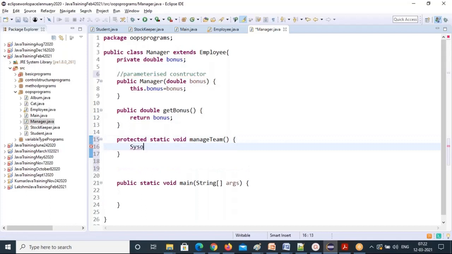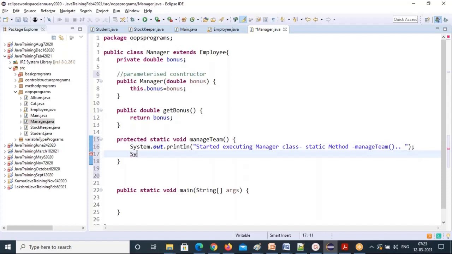I'm writing one simple static method: Manager class static method manageTeam. What he will do is assign the tasks to team members and get them done.